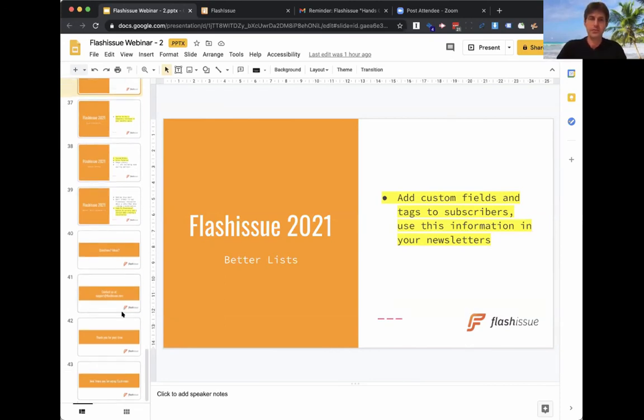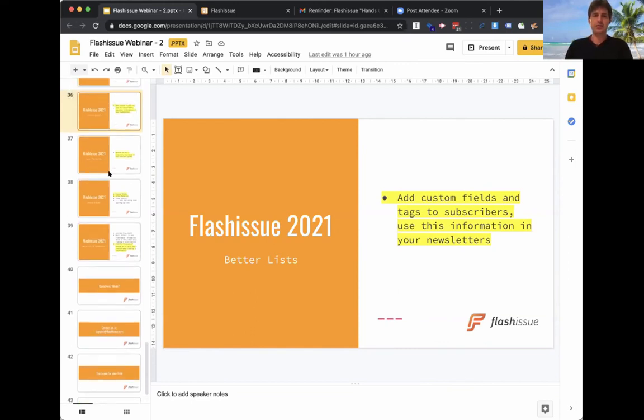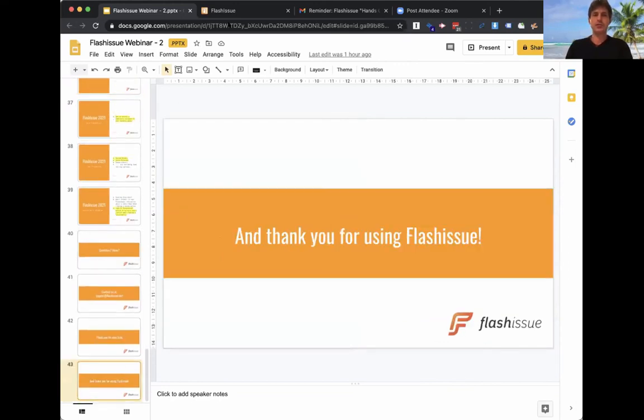Fantastic. Excellent. There's another question from Gabby here. She's asking, does inviting a teammate give them access to your drafts so that you can collaborate on the same newsletter? No, it does not give them access to your drafts, but what you can do is share templates